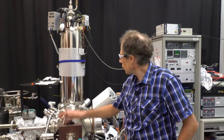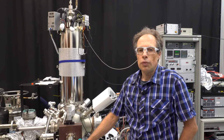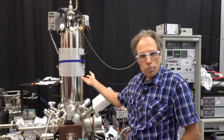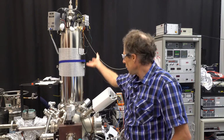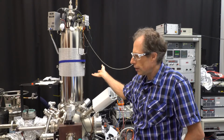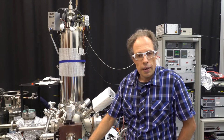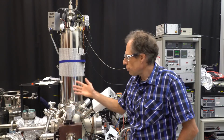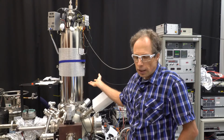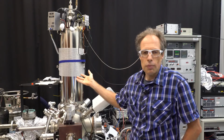Yeah, hello, I'm Percy Zahl. I'm a physicist at the Center for Functional Nanomaterials, and today I'm going to show you a microscope which I've custom upgraded to image the chemical structure of a single molecule. And this microscope operates at very low temperature. That's why it's in this steel vessel at ultra high vacuum. So it's kept at 5 kelvins, or minus 450 Fahrenheit. And that allows me to image simultaneously in scanning tunneling and atomic force microscopy mode for a very long time on the surface